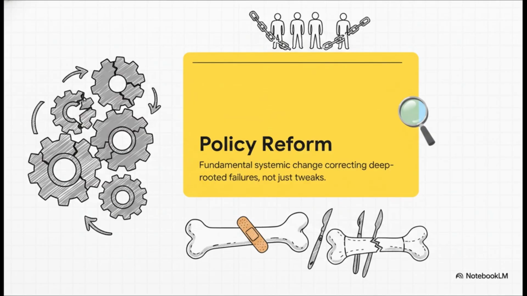Superficial adjustments, like just buying a few more hospital beds for Islamabad or Lahore, that doesn't fix the systemic failure. True policy reform represents a severe structural overhaul. We're talking about decentralizing healthcare management, creating aggressive financial incentives so specialized doctors actually want to serve in rural postings, and digitizing supply chains to completely eradicate the theft and pilferage of government-supplied medicines. It requires fundamentally rewriting the rules of the sector, not just slapping a Band-Aid on a broken system.